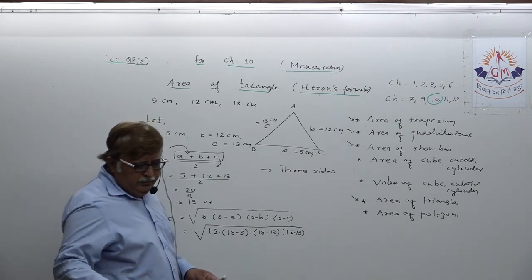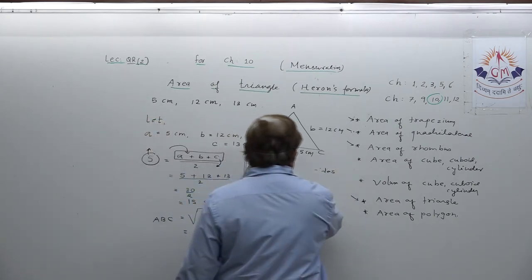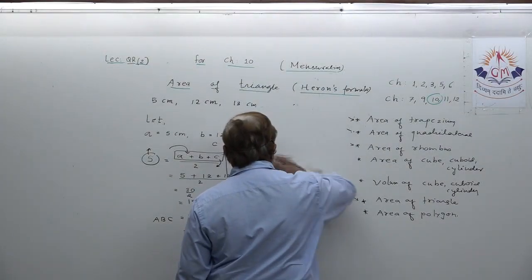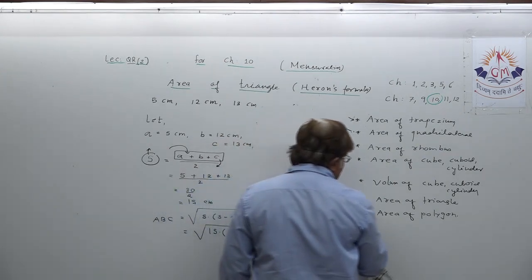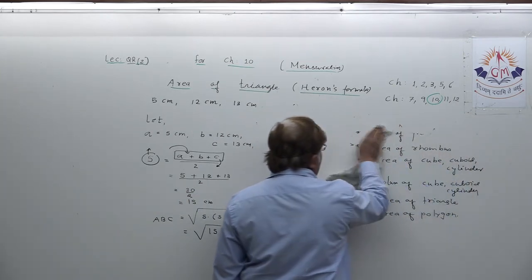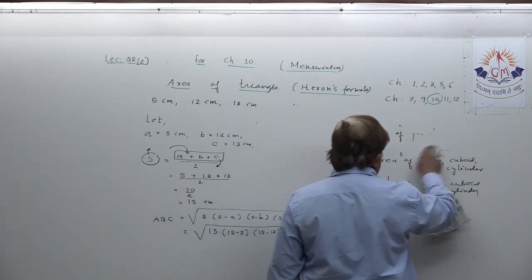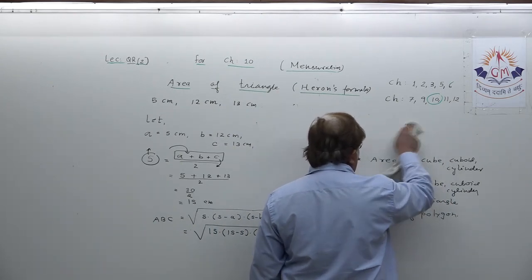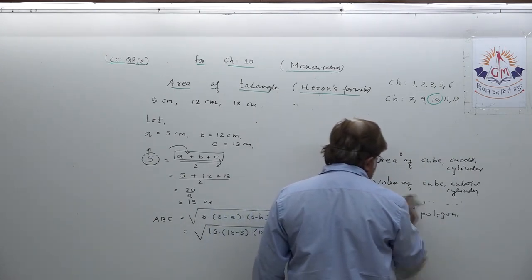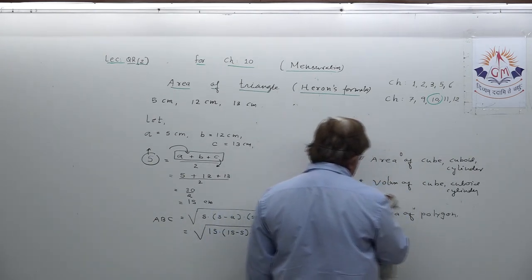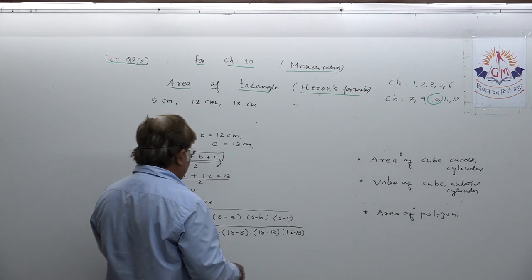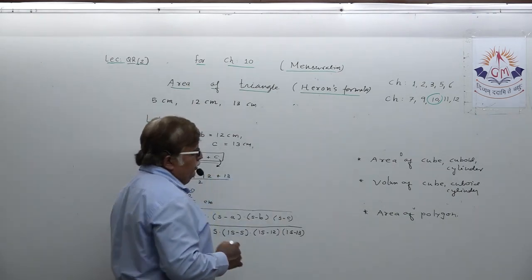After substituting the values, understand, I have to erase some of the data from here. Okay, the topics which we have covered, that I am erasing: area of trapezium we have done, area of quadrilateral we have done, area of rhombus also we have already done, and now we are targeting the area of triangle. That also I am erasing from here, because I may have to write some of the points here. Now I am continuing here, okay.